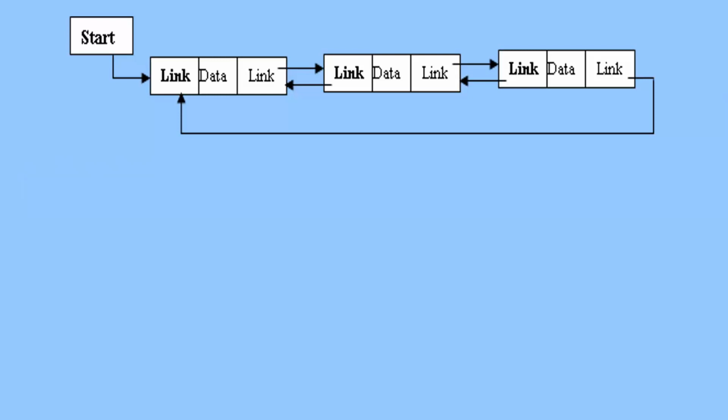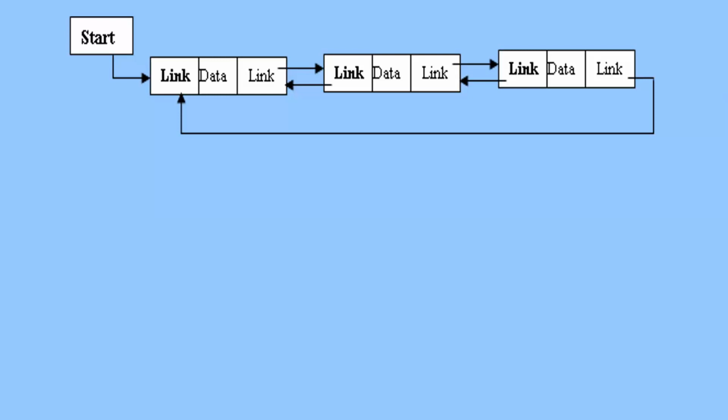And at the same time, that same member in the second node contains a pointer pointing back to the previous node. And that continues all the way. And the very last node contains